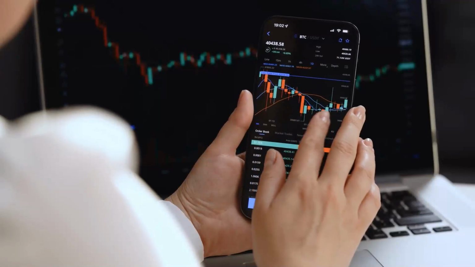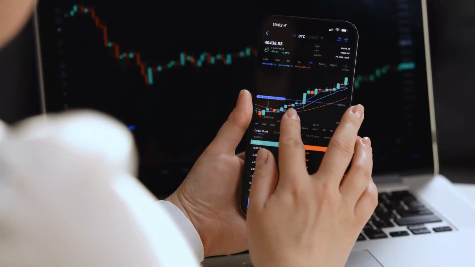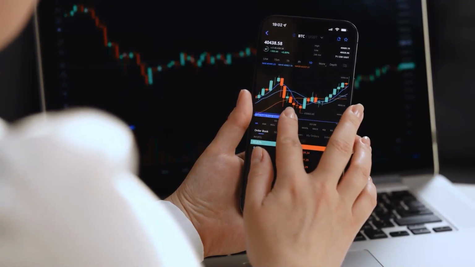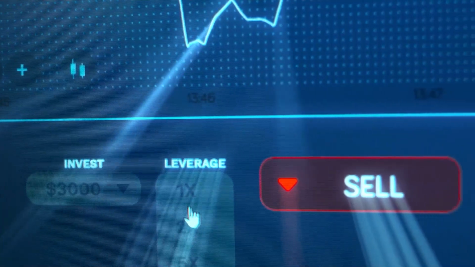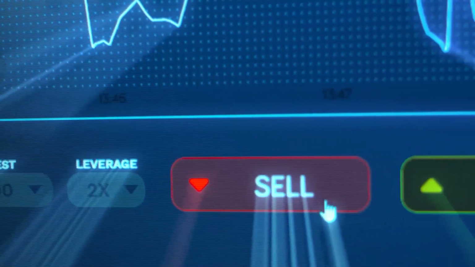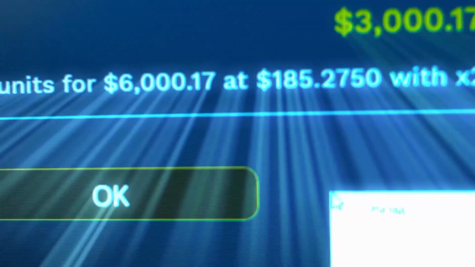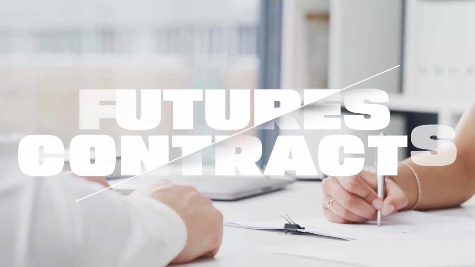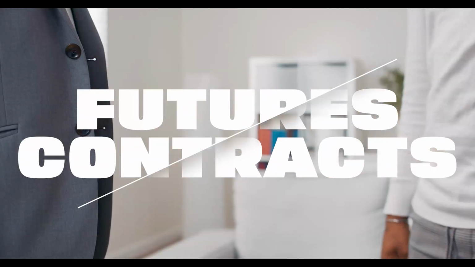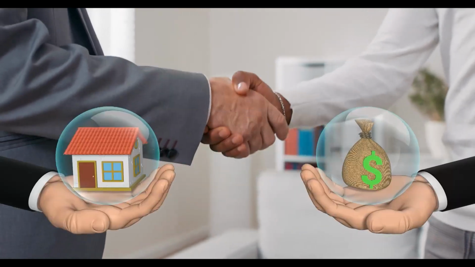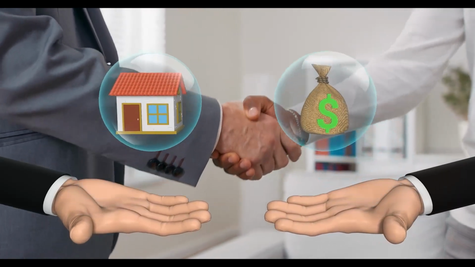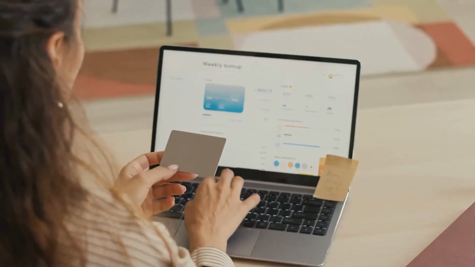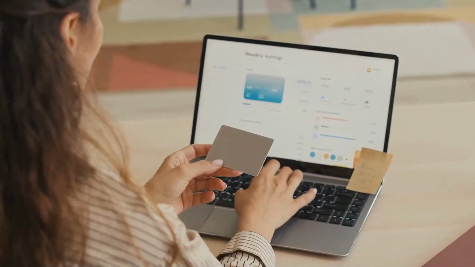Options contracts give you the right, but not the obligation, to buy or sell an asset at a specific price before a specific expiration date. By buying or selling options contracts, you can protect your portfolio against potential losses or profit from market movements. Another common hedging strategy is the use of futures contracts. Futures contracts are agreements to buy or sell an asset at a specific price on a specific date. By buying or selling futures contracts, you can lock in a price for a particular asset, thereby reducing your exposure